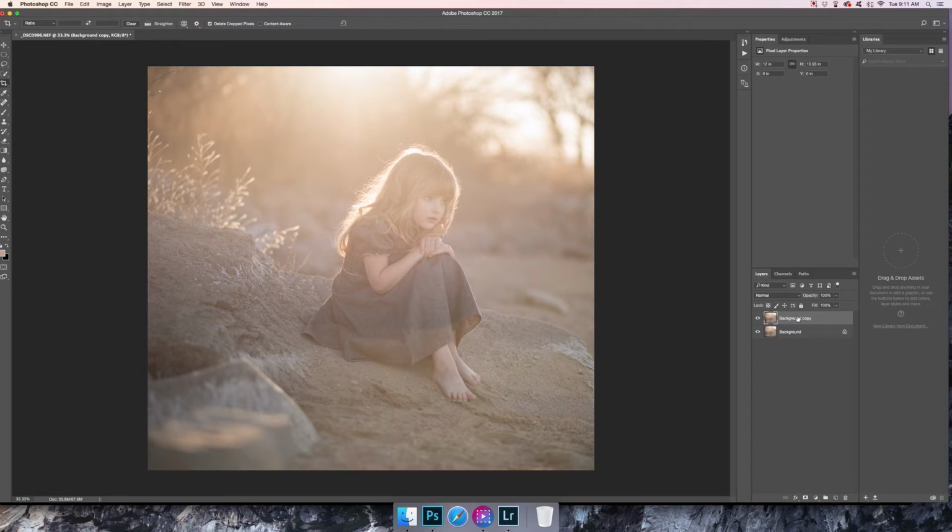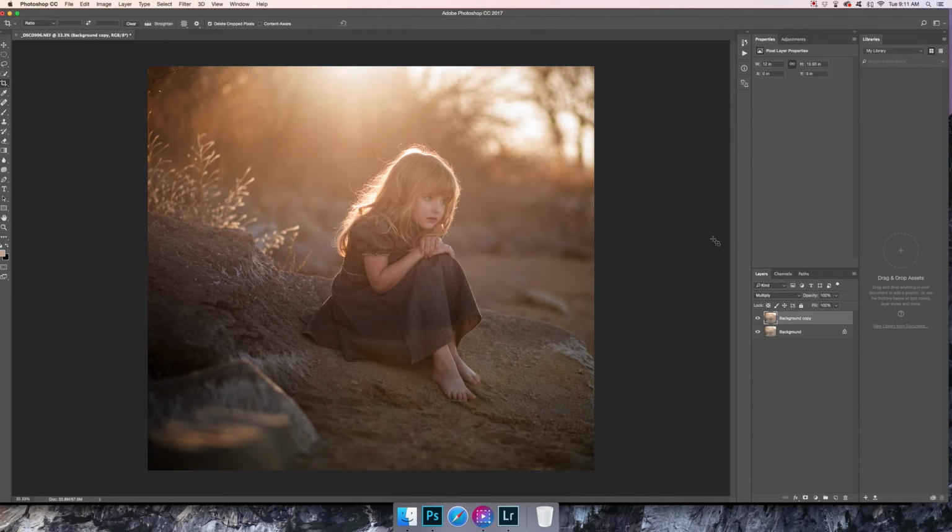I'm going to take this background copy, and I'm going to put the blend mode on multiply, and that's just going to darken it up quite a bit. Now, I'm not sure if I necessarily want her to be that dark, so I'm going to put a layer mask here. And since it's white, I can take a soft black brush, and right here are your foreground and background colors, and you want this top box to be black because you're going to be painting the effect off of your subject. So I'm going to take a soft black brush,